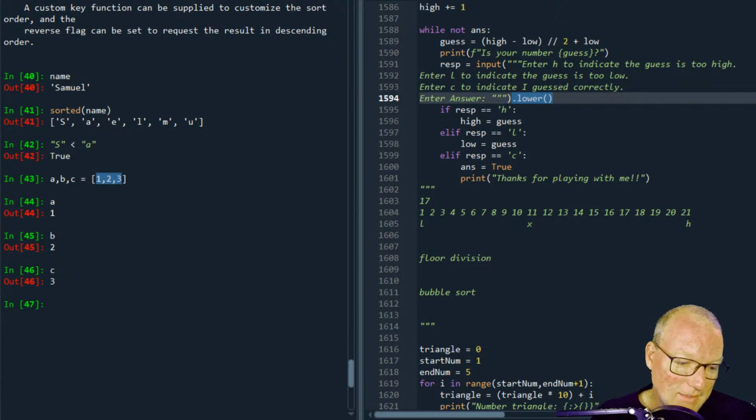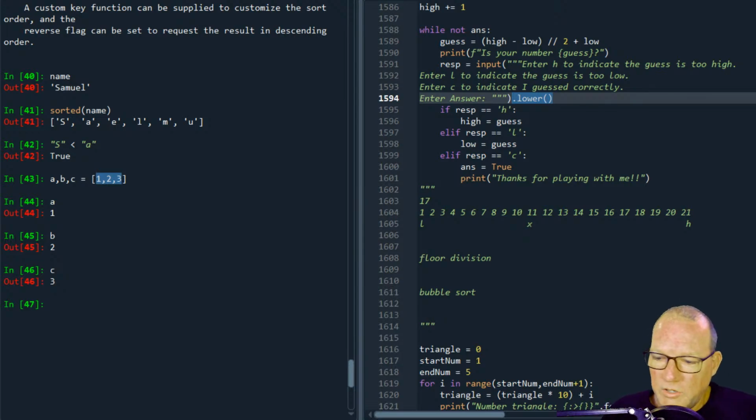And this, those are kwargs. So single asterisk is args, double asterisk is kwargs.